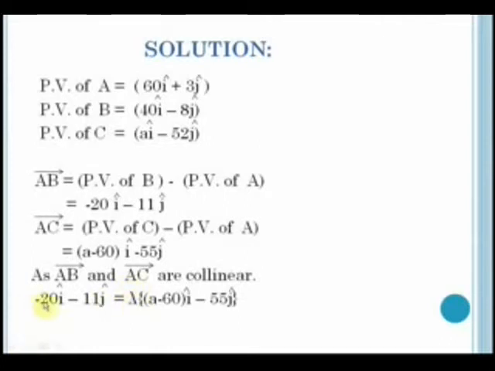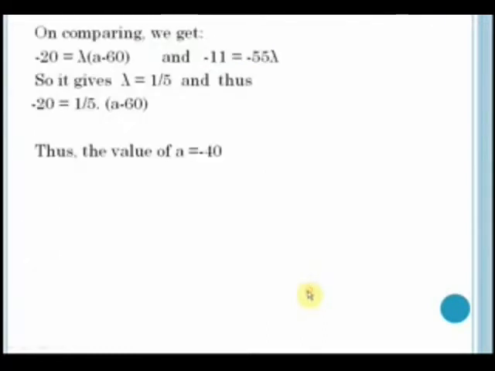Minus 20 times i cap minus 11 times j cap would be equal to lambda times (a minus 60) times i cap minus 55 times j cap. So we compare the coefficients of i cap and j cap to get minus 20 equal to lambda times (a minus 60) and minus 11 equal to minus 55 times lambda. So this gives the value of lambda equal to 1 by 5, and when we put this value here we get